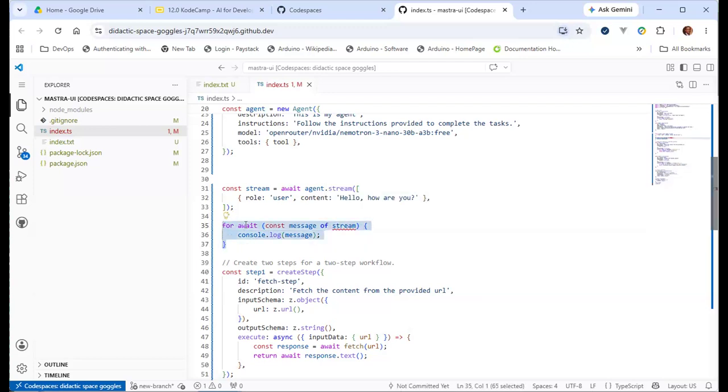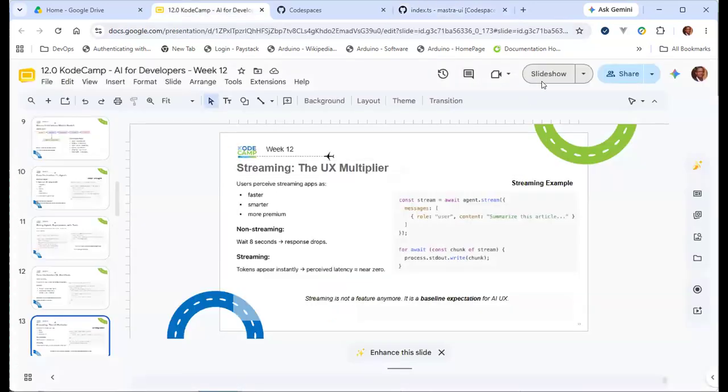You can see there's an await here. So you wait until the next batch comes in and then you log it. When you log that one, you wait for the next batch again, so on and so forth. It's as easy as that from the standpoint of implementation. So that's streaming.